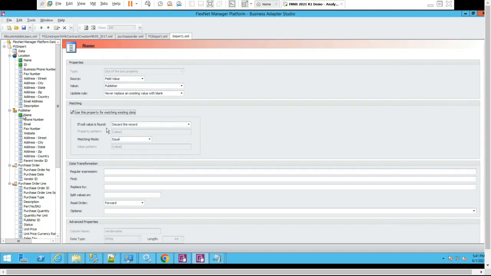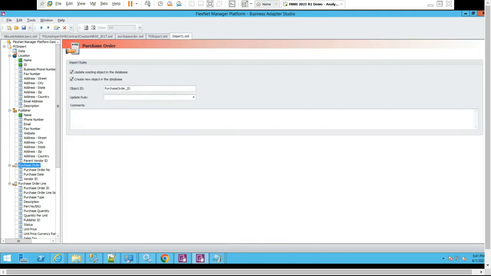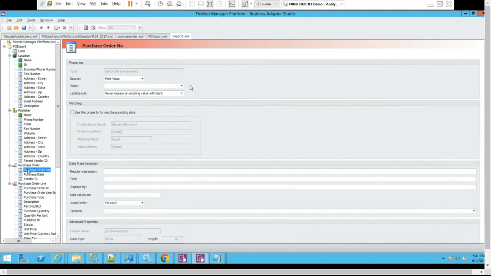I will not spend hours, but then you have the purchase order, and the purchase order is defined by a purchase order number. So here you will take the purchase order number, which is again a key, and the purchase order date. I will not go step by step, but the idea is that you create the mapping,